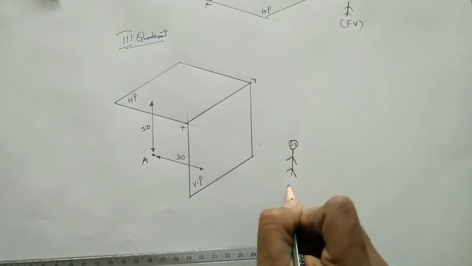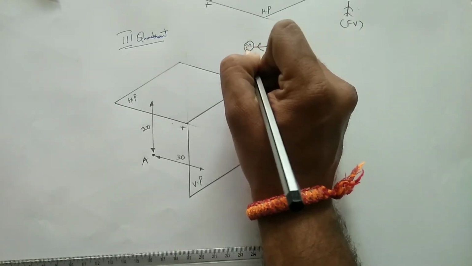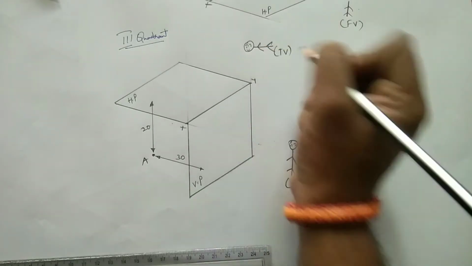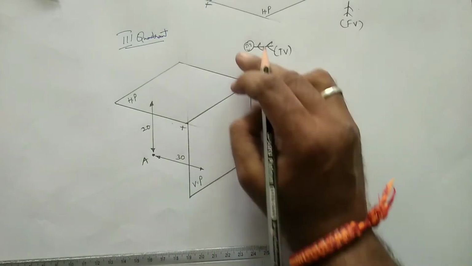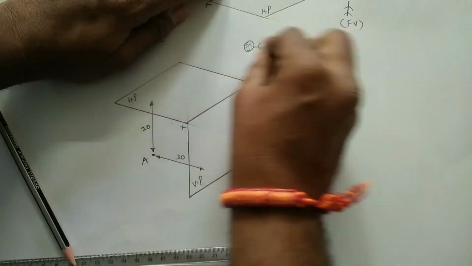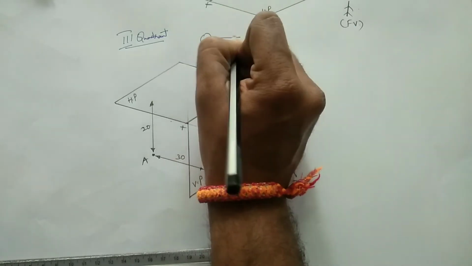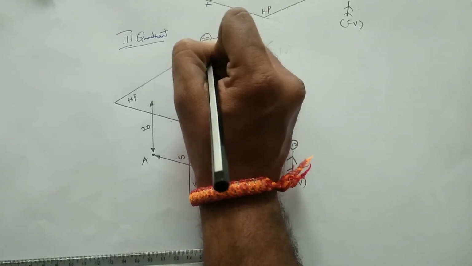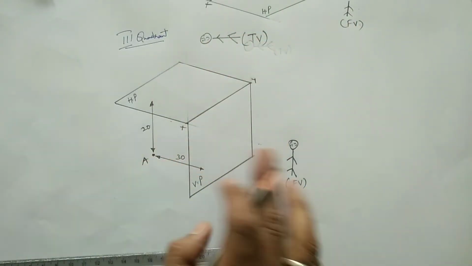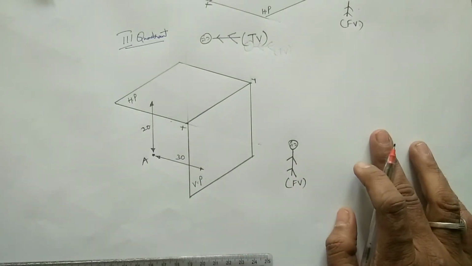who is about to see the point. This is the position of an observer from the top view, and this is the front view, top view. Now he is about to see the point over here. For your convenience, I'll draw the top view. This is the top view. So right now he is supposed to see the point. Now, seeing in this, where is the position of the point?